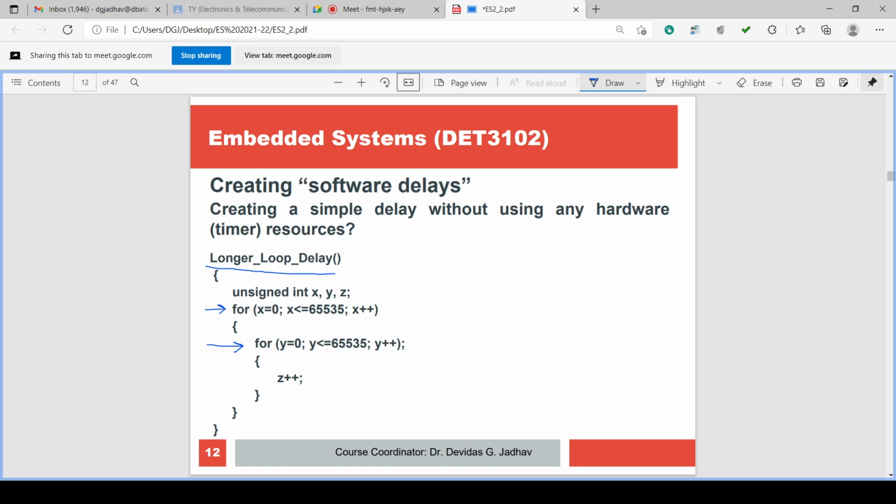Creating a simple delay again without using any hardware or timer. A name is given for the function: longer_loop_delay, and curly braces. This function has a first open curly brace and a last close curly brace. So these are the starting and ending of the function, and whatever is written inside the function is the program